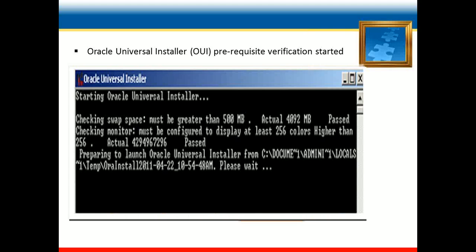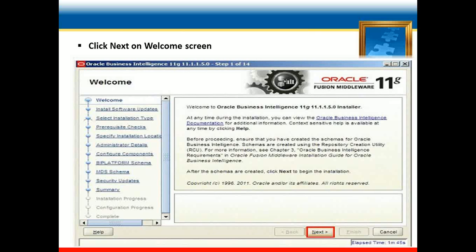OBIEE installation. The Oracle Universal Installer prerequisite verification started, as it checks the prerequisites for the swap space, and checks whether each prerequisite has passed or not.